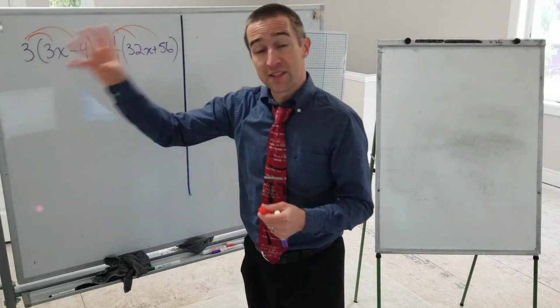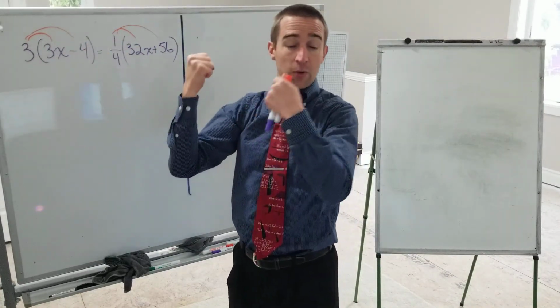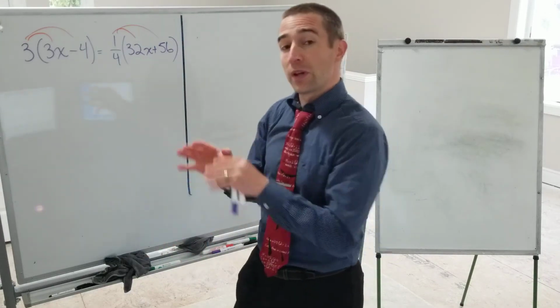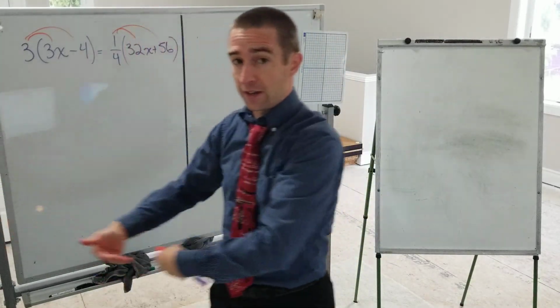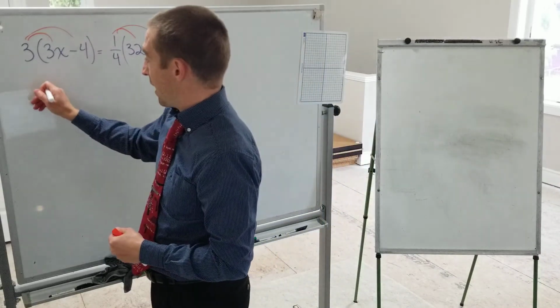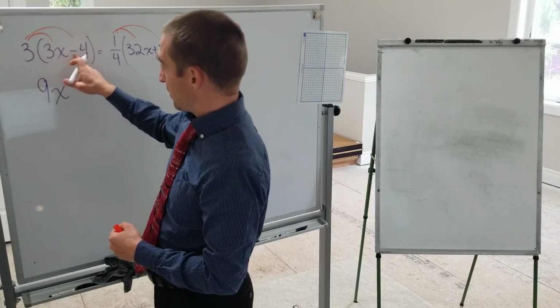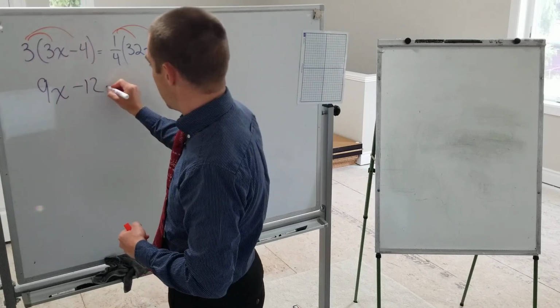Right, so basically we're simplifying each expression, so each side of the equal sign. We're going to simplify it first, and then we'll get x's on one side of the equal sign, numbers on the other, and solve. Alright, so here I have 9x minus 12, notice there's a subtraction here, subtraction there, equals,